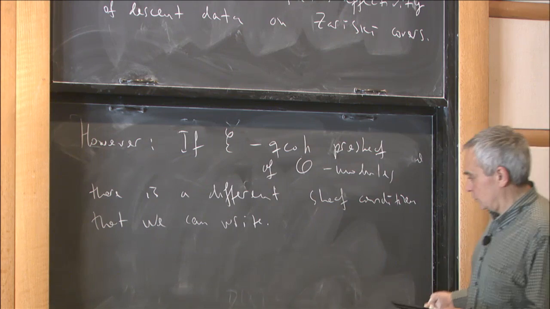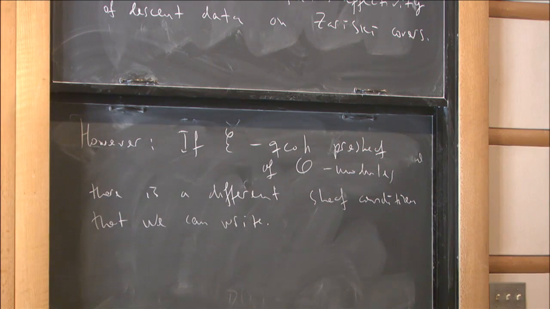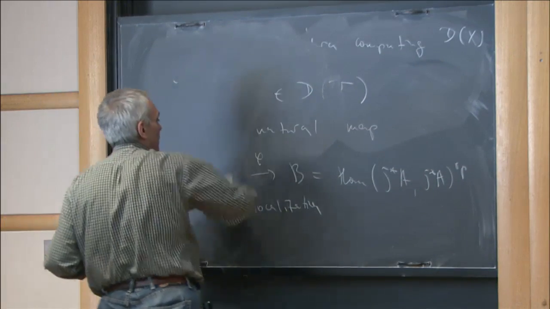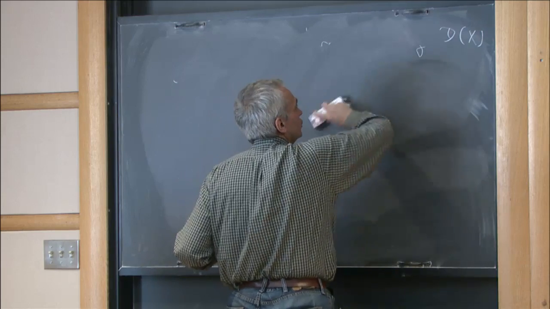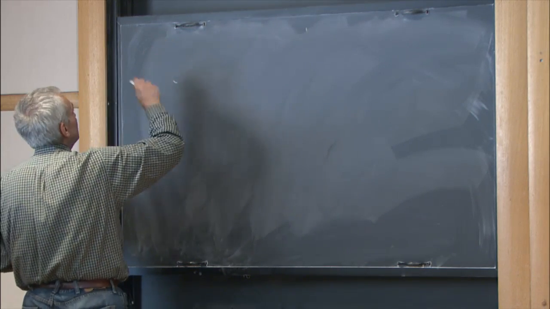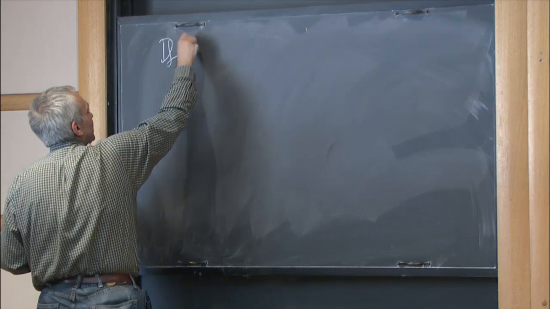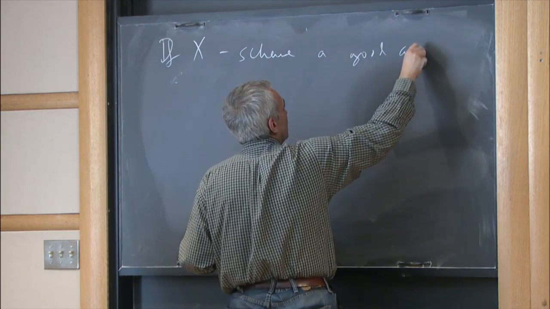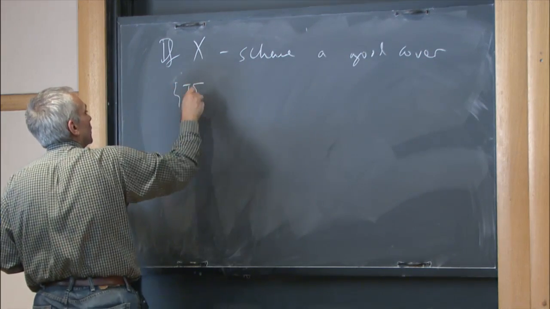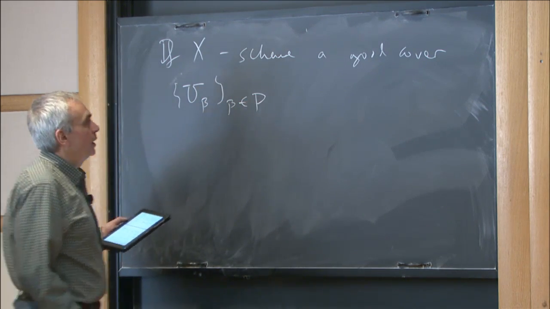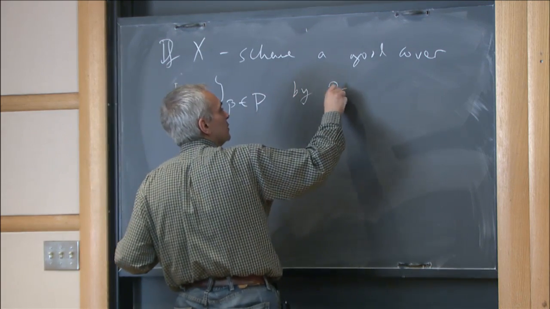So it really works well for good covers. And so a good cover: if X is a scheme, a good cover, I'm going to call it U beta with beta in some poset P, by Zariski opens